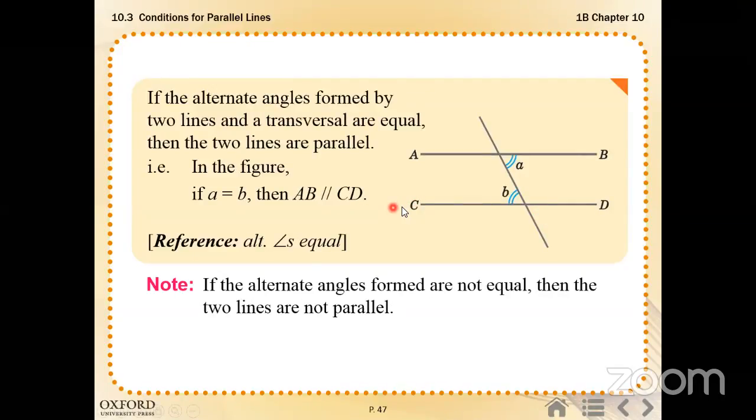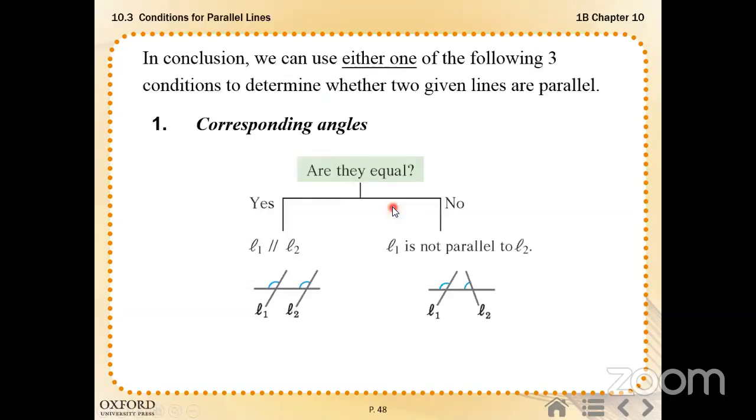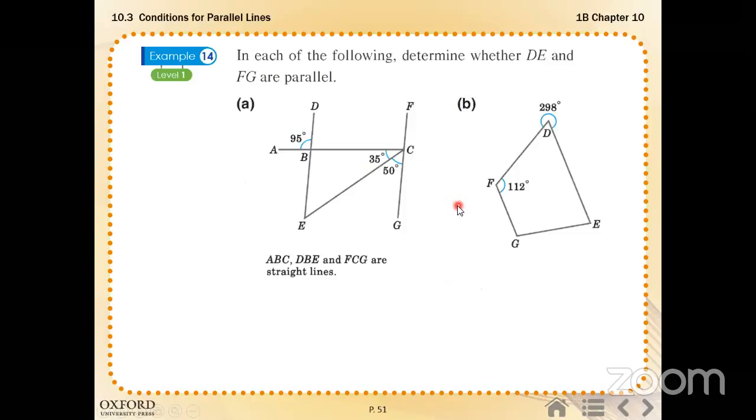This is the other case, alternate angles. We go for it later. Maybe we look at some examples first. Now, in each of the following, determine whether DE and